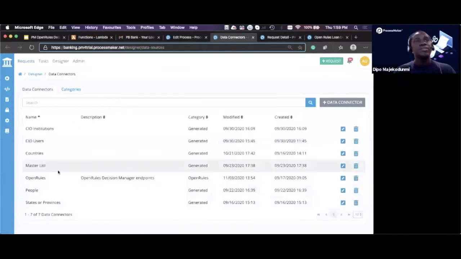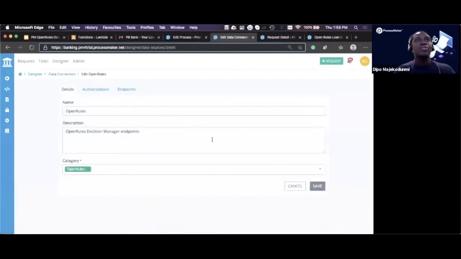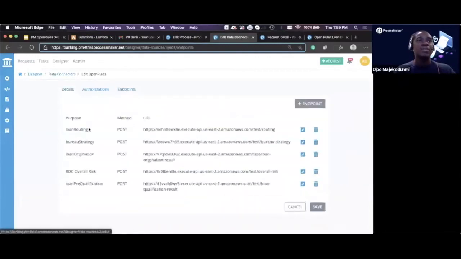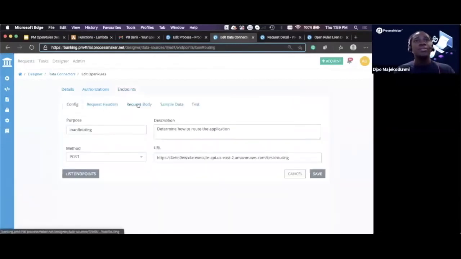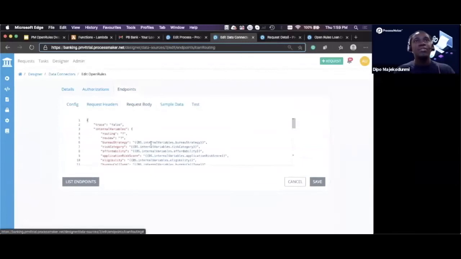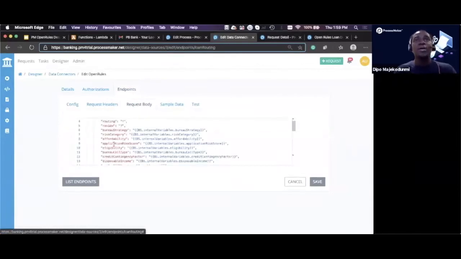And here we can see some of the different connectors that we have defined in this system. Here's my OpenRules decision manager endpoints. And if I go to this, you can see the different endpoints I have configured. And as you can see here, we're basically just calling the URL that is provided by the Lambda function, and mapping the parameters from the process. So we're taking the different ProcessMaker variables and mapping them to the JSON format that the endpoint requires us